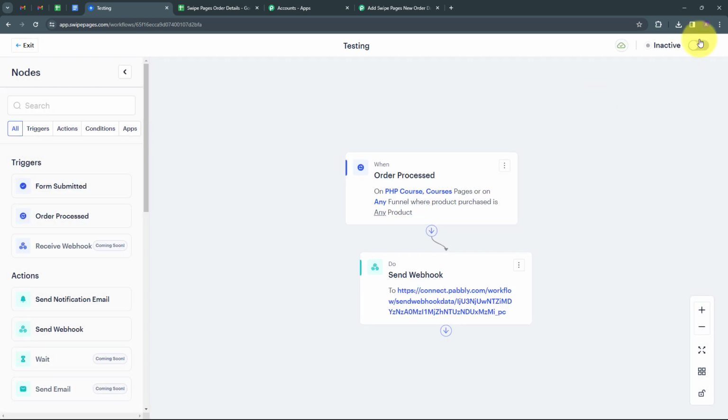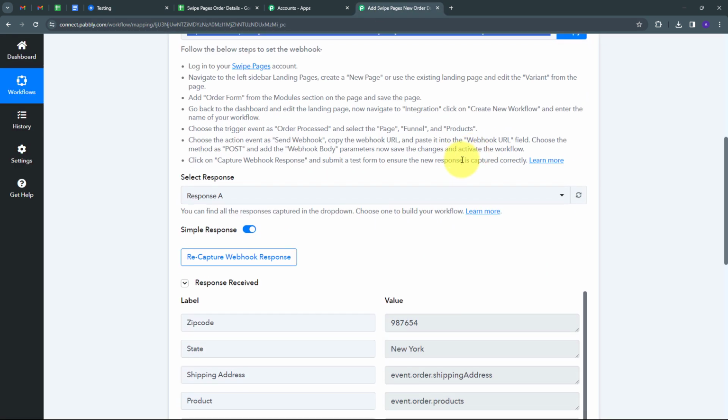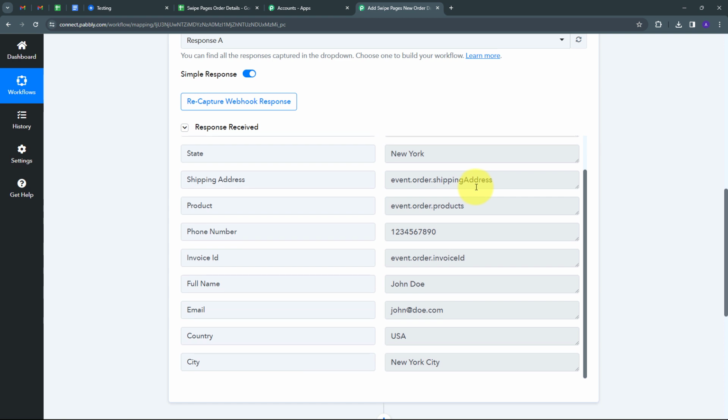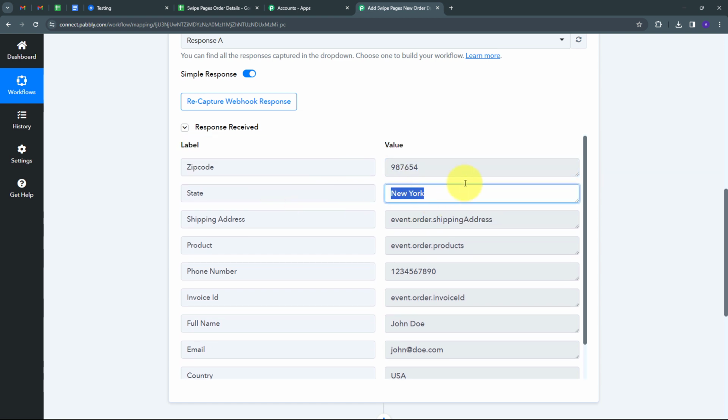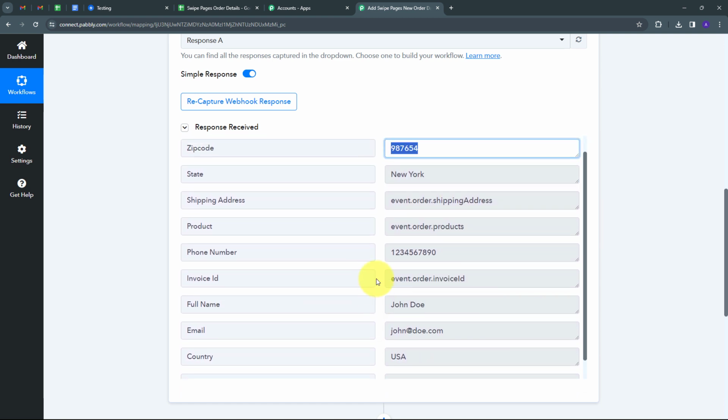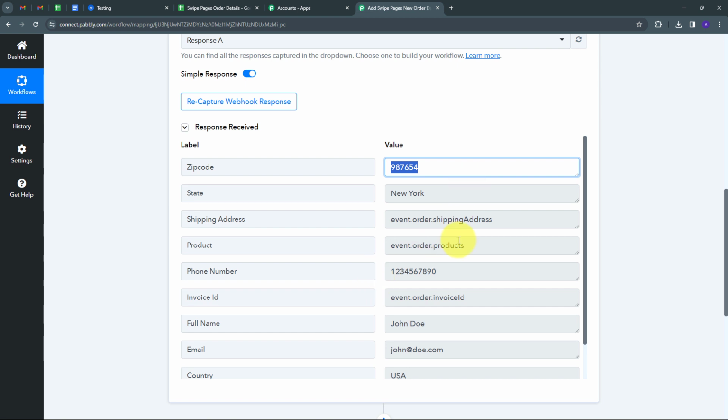changes, and I'm going to make my workflow active. So I'm going to click here, and now I'm going to go back to Pabbly Connect. And here we can see I have received this response. So this is a test response, and in this I have received all the values of the properties that I have added in my workflow. So this is a test data, and this means that my connection between Swipe Pages and Pabbly Connect is working